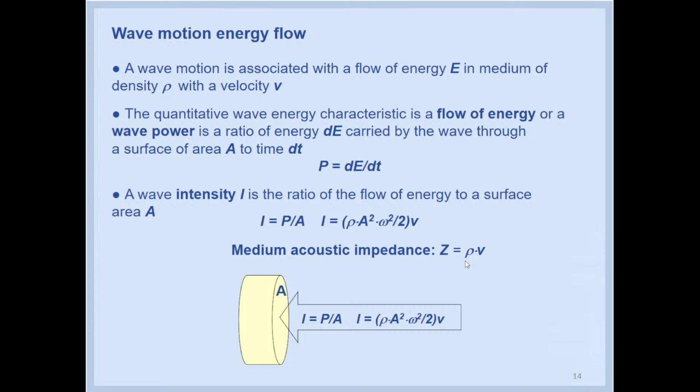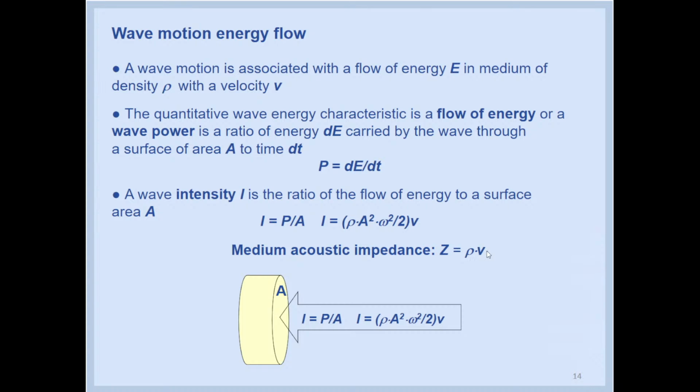It is the measure of the ability of the medium to conduct, to transmit, to carry mechanical wave energy. So it equals the product of the density of the medium and the velocity of the wave in that medium. Velocity